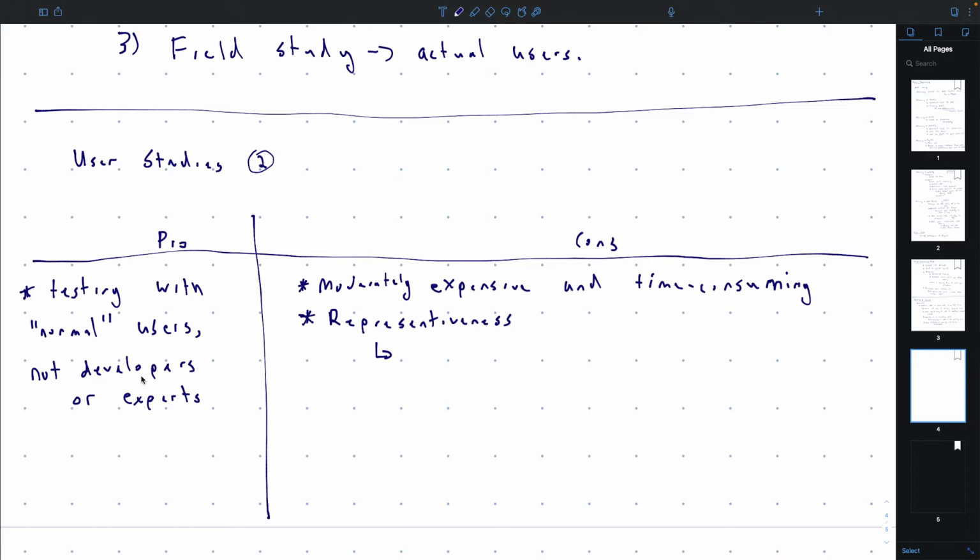Maybe it's some IT software, and so the people that you pull in to your user study are different from the actual people that would use it, okay? So that's a question of how representative it is. When you do a user study, especially in a university setting, you get a lot of students, for example, okay? So students have a certain demographic, right?